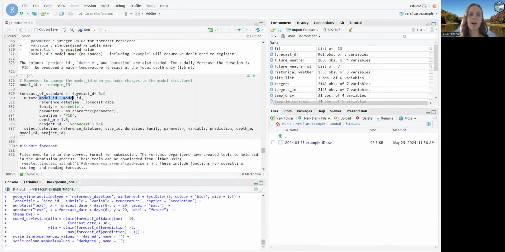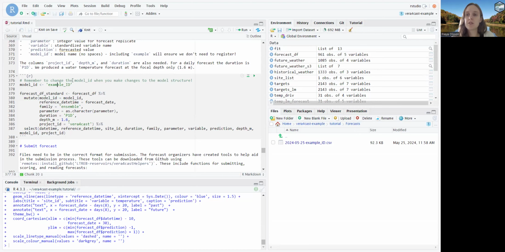We need to add a model ID. The model ID that I'm going to use for this example is example ID. And just to note, if you're learning how to make these submissions, running through the tutorial, playing around with different methods that you might want to use, I would encourage you to include example in any submission that you make.